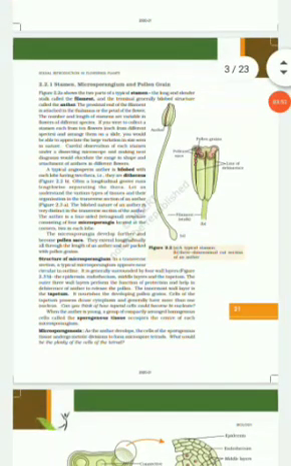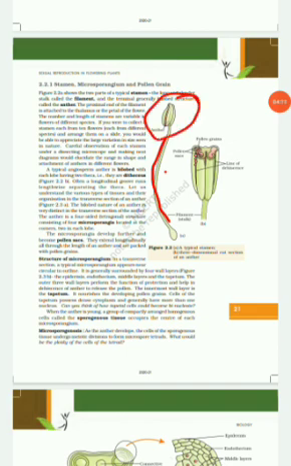Alright, now coming to the stamen, microsporangium, and the pollen grains. The stamen is a long, slender portion, and this is known as the filament. The terminal, generally bilobed structure is called the anther. The proximal end of the filament is attached to the thalamus, or the petal of the flower. The number and the length of stamens vary in flowers of different species. If you collect different flowers, you will see that it varies.